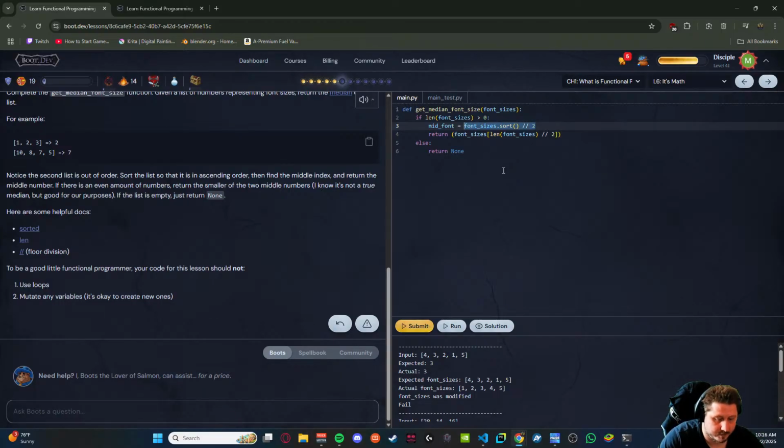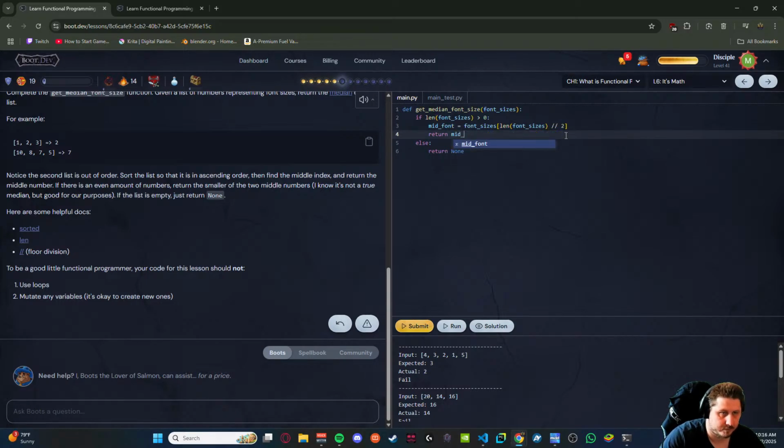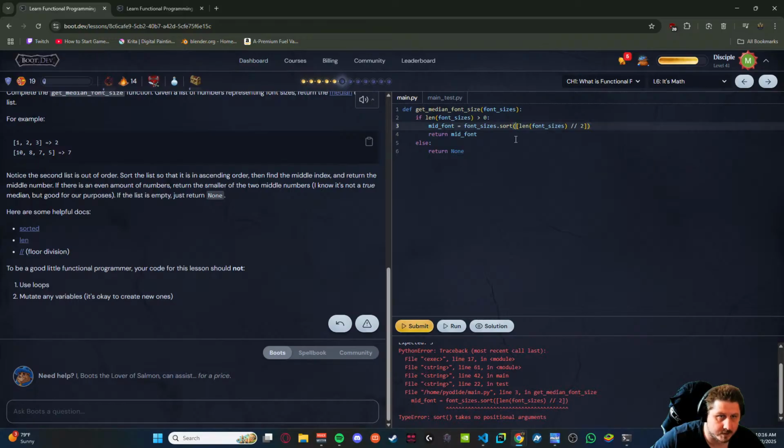If I do this equals font sizes, len font sizes 2, I'll have an error probably, and then we return mid font. We get 2 for some reason. Let's sort. It doesn't make sense. Makes sense that it doesn't make sense.